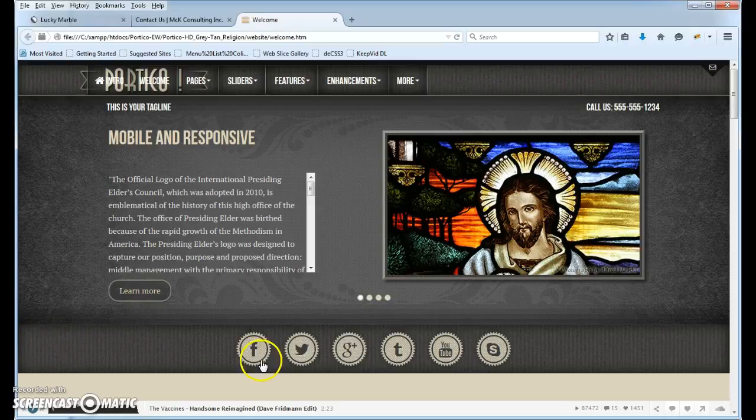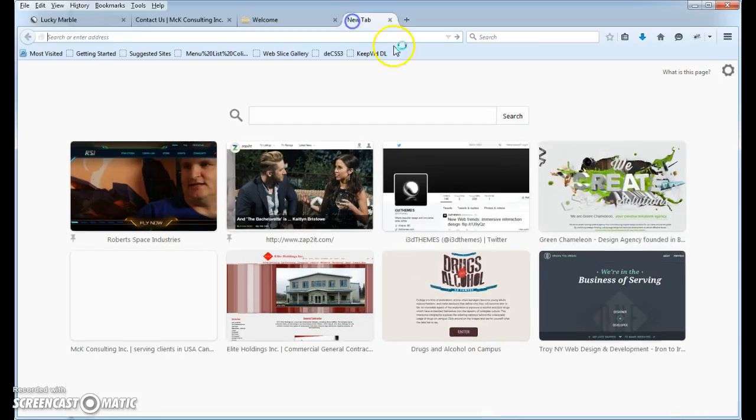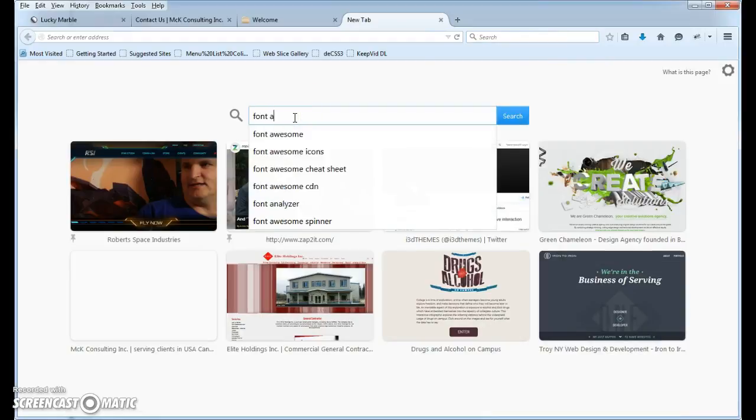Hi, Aaron. Yeah, you can actually do this yourself right through Expression Web. Let me show you here. These are Font Awesome icons. Right now, if you go to Font Awesome, or just do a Google search for Font Awesome,